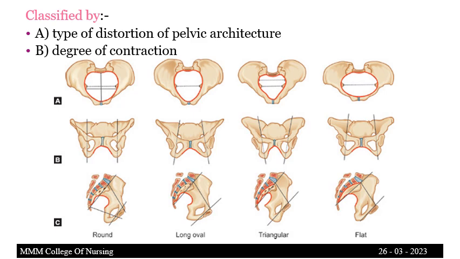Next is classification by type of distortion or pelvic architecture. Here you can see the round pelvis. The shape of the round pelvis is round. The gynecoid pelvis is round shaped, and the pathway for the head to travel down is very wide. And in long or oval, that is the platypelloid pelvis, the inlet is narrowed. If you see in the B classification, in the degree of contraction, the inlet is narrowed but the outlet is